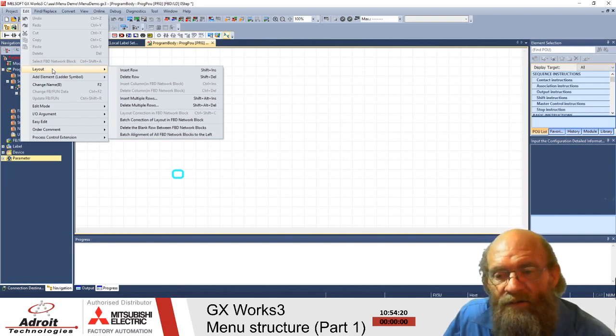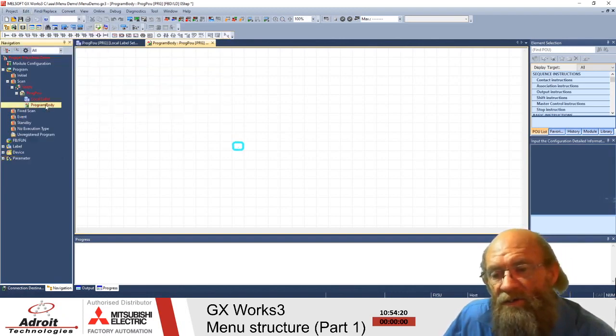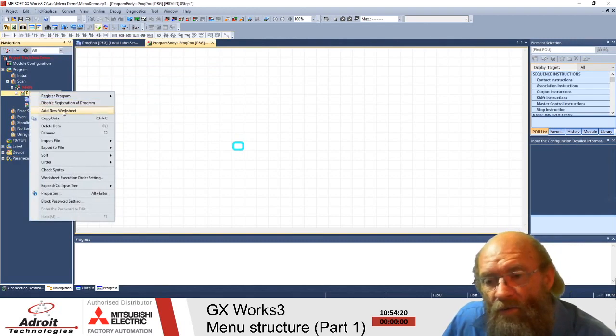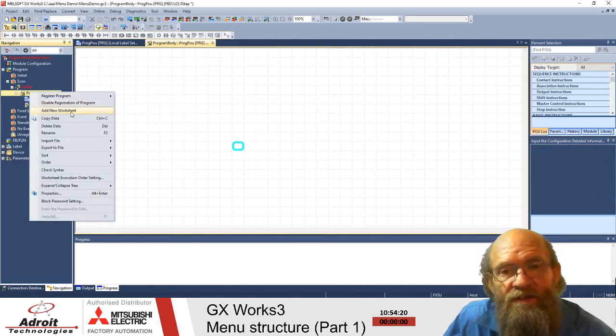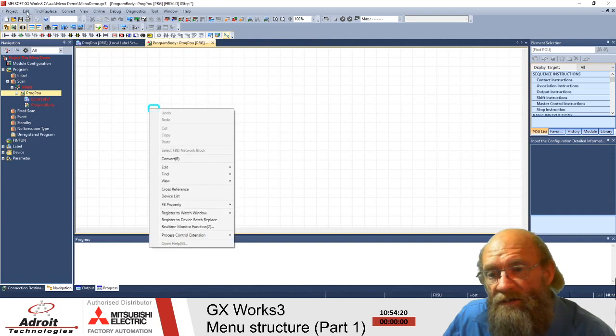In our layout, quite powerful. So once we've created something, or we need to make space for something, we can insert either rows or columns in our worksheet. Okay, so these things are called worksheets in GXWorks3. When we're developing in function block diagrams, we talk about our programming space as a worksheet. Okay, so in your worksheet you can